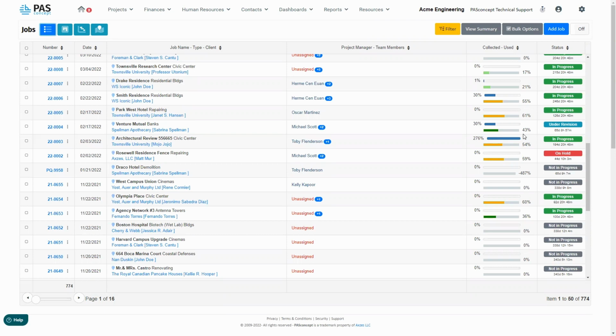Now, I, as a project manager, may want to see how we stand in regards to the overall completion of this project. Additionally, you can see that the last column has the status under which each one of these projects currently stands. Moreover, immediately under that status is the length of time in which that project has been in that status. In fact, it looks like this project has been under review for 65 days, 8 hours, and 57 minutes. Just a little piece of helpful information.